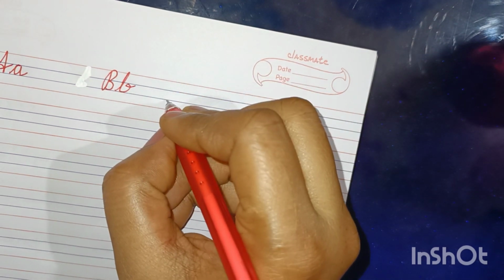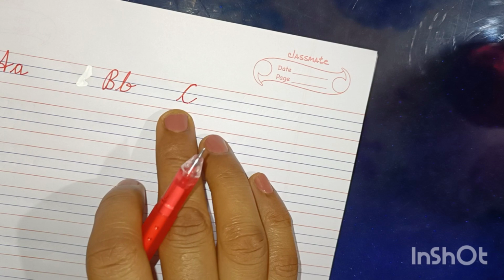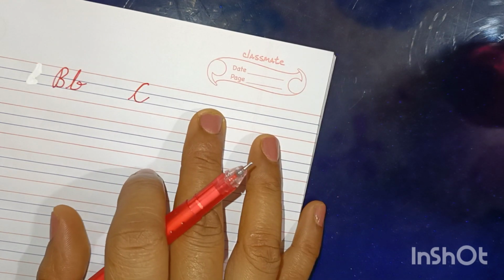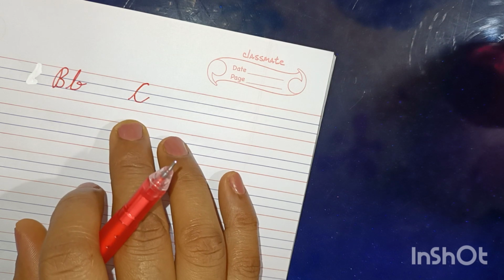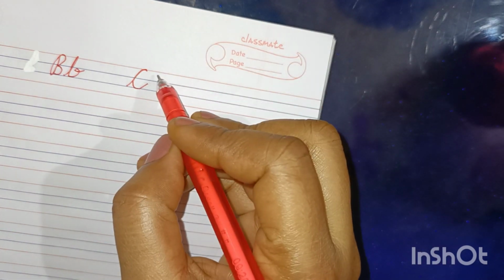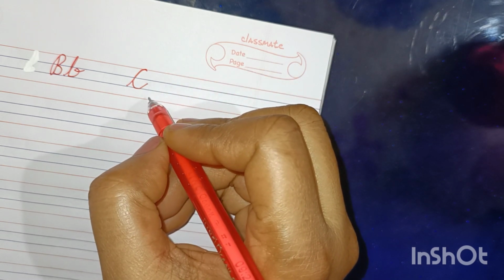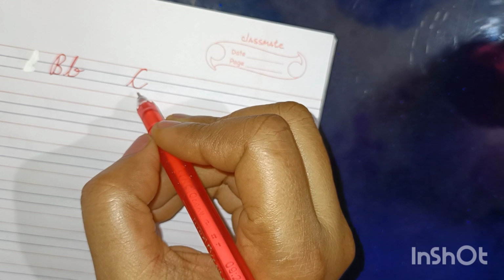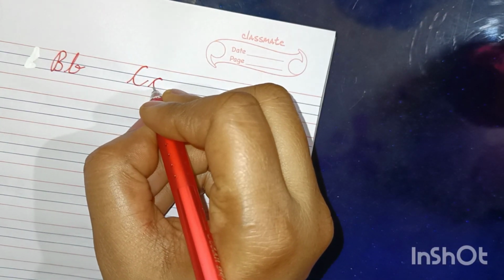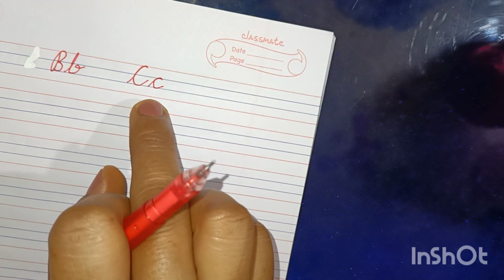Okay, now see the next letter. Can you tell me what it is? This is C. Okay, but I don't know which C. You have to tell me whether this is capital or small. It is capital, because all the capital letters we write within 3 lines at most. So, of course, this is capital cursive C. Now let's see the next letter. What is this? This is small cursive C.